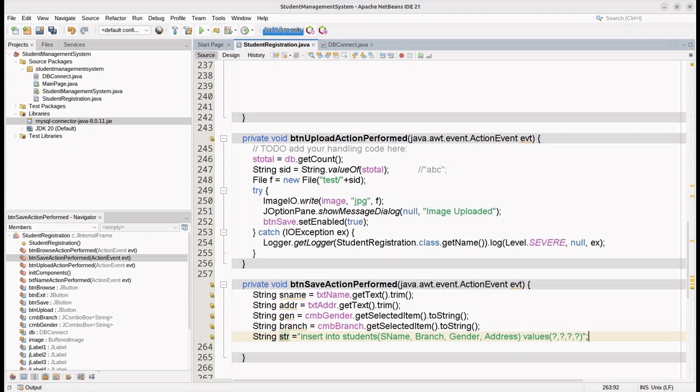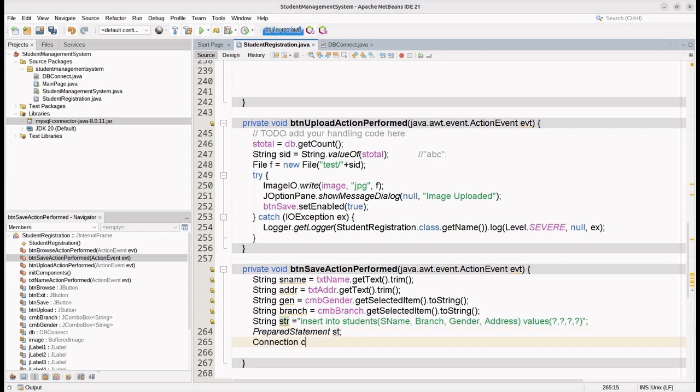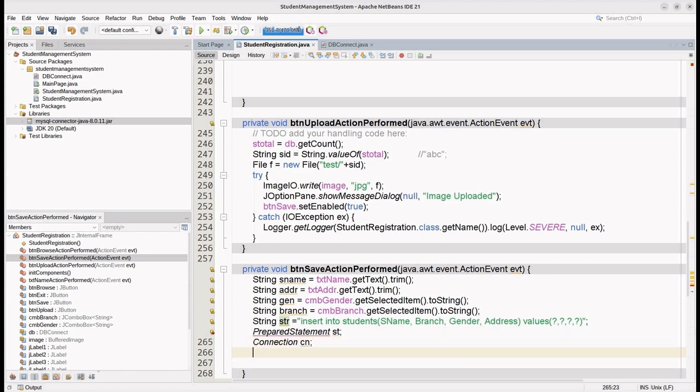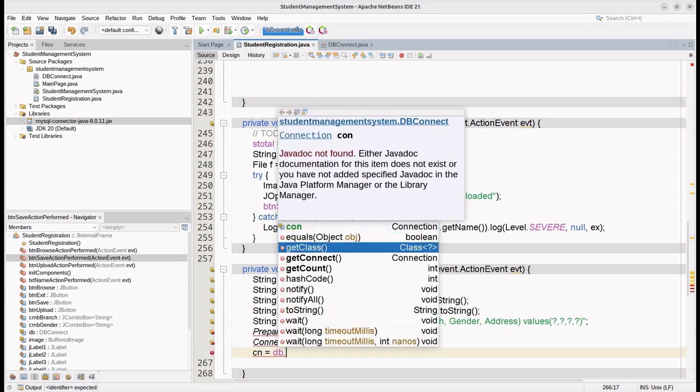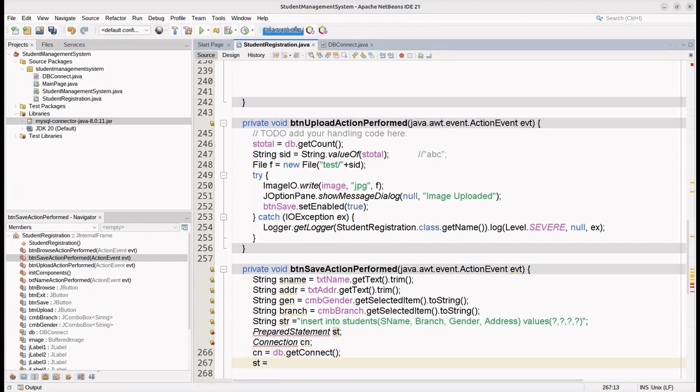However, while we are performing insert and update, when we are going to execute an insert statement, it's better to use a statement of type prepared statement, st. Again you require an active connection, so you require an object of type connection, let it be cn. Now first get the connection, cn equal to db dot get connect, because db we have created as a global object. Then initialize the statement, st equal to cn dot